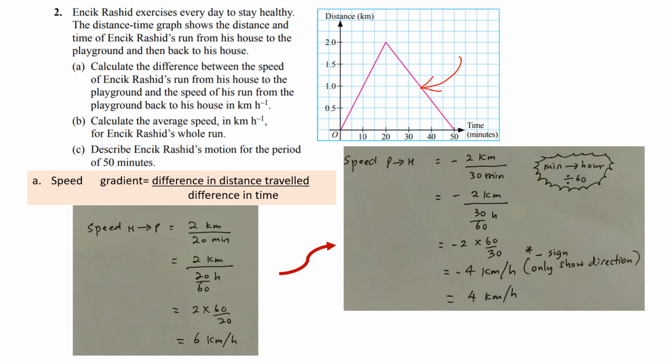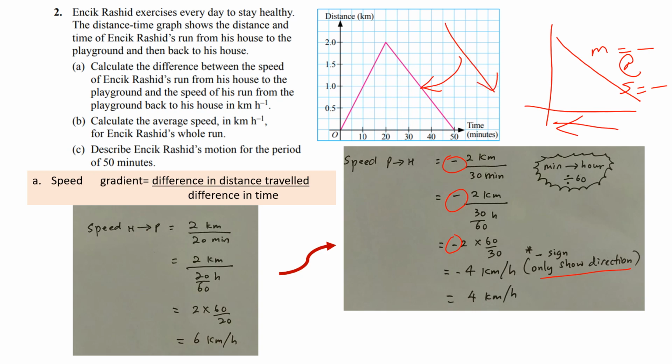Okay, remember what the teacher said about this negative sign over here? Why? Because the graph is going down like this. Your gradient is negative, or your speed is negative. So what is the meaning of negative speed? Don't worry, it only shows the direction. This one is the opposite direction. That means it's going back to the house. Okay, so